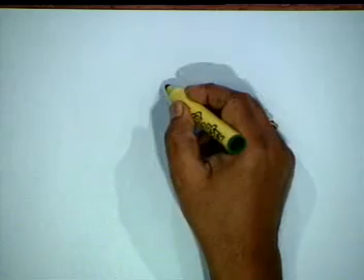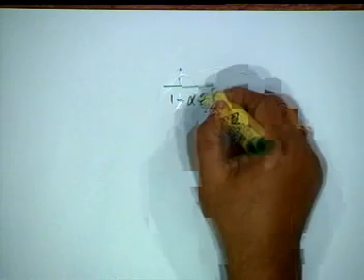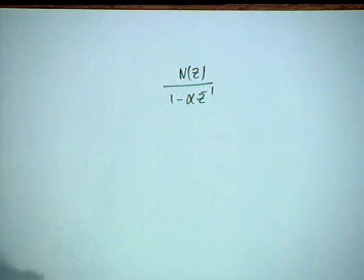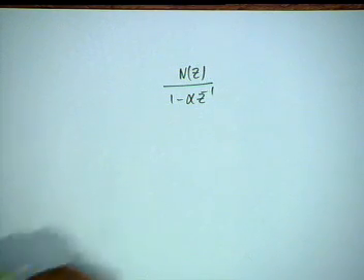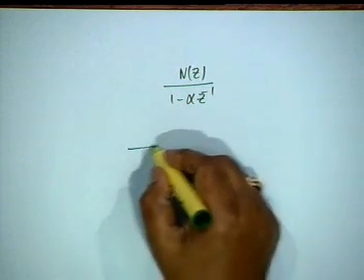Let us take the simplest possible IIR filter. Simplest possible is first order. First order IIR filter is no problem. You have 1 minus alpha z inverse in the denominator and a numerator which can at the most be of order 1. The pole is at z equal to alpha, so it is obvious given a first order. But suppose you have a second order